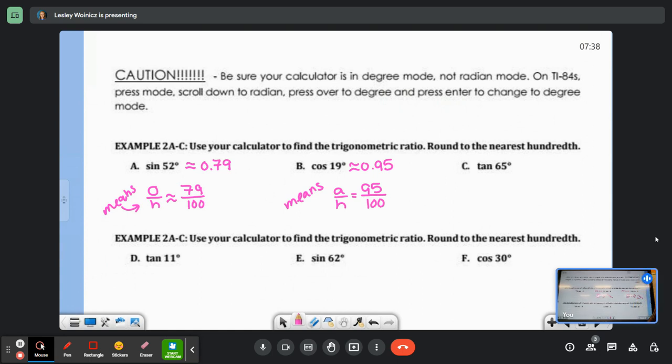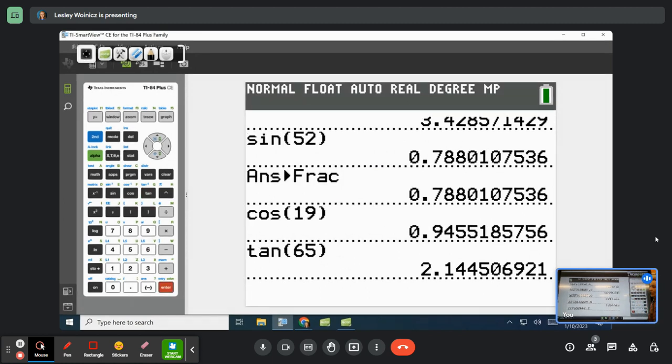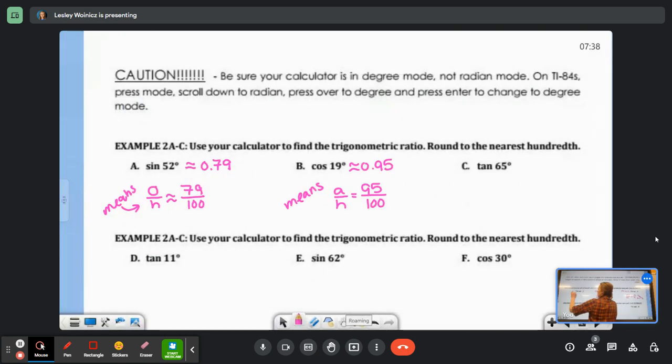Okay, if we do the tangent of 65, I got 2.14, and that means the opposite over adjacent would be